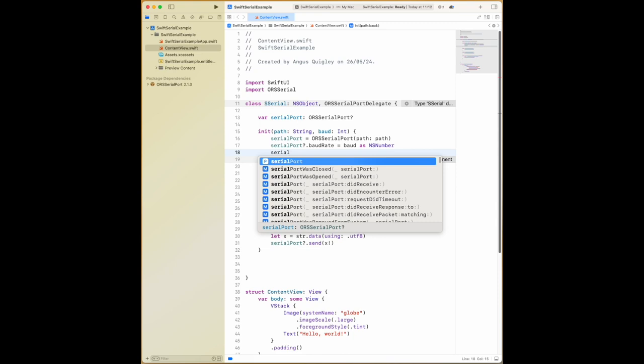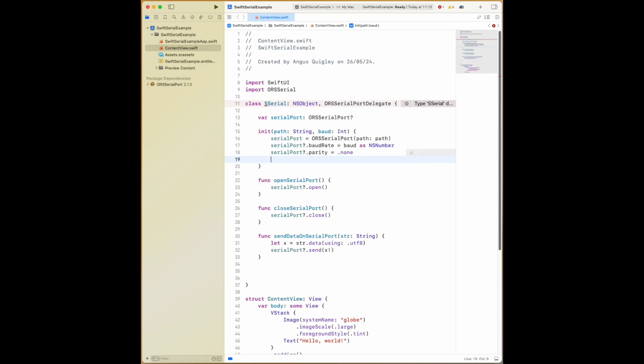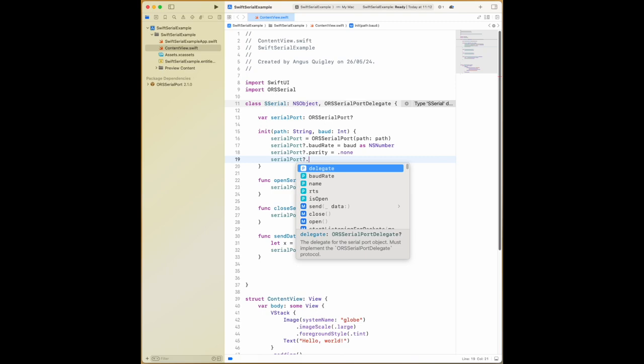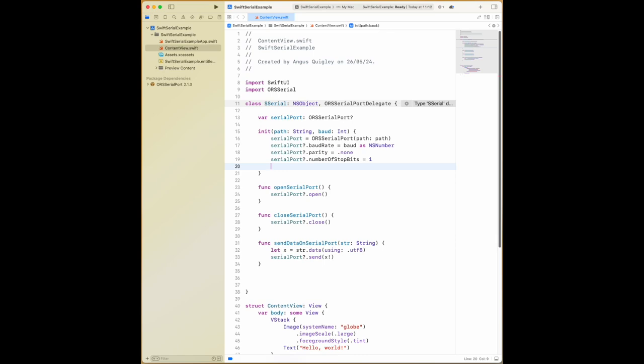We have to specify all these as optionals, otherwise the compiler gets really upset. But because this is when we instantiate our class, we're going to be passing in these values and just hoping our path is correct, which it will be. If it's not, then there might be problems, but this is just intended for a really basic setup. Cool, so we're going to specify also our number of stop bits,